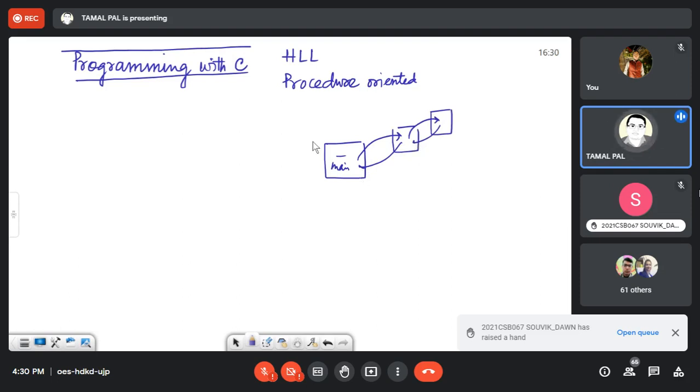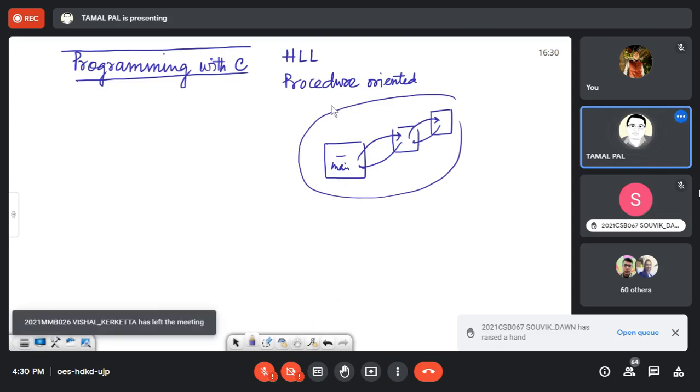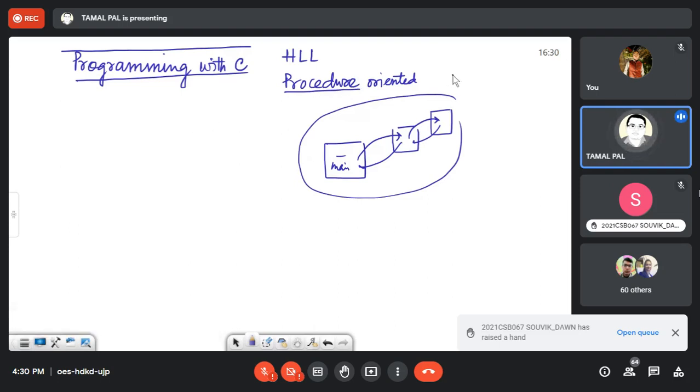So in this way actually it is built as a collection of functions. So here I use the term procedure oriented. Some books you will find function oriented, but that is technically incorrect.